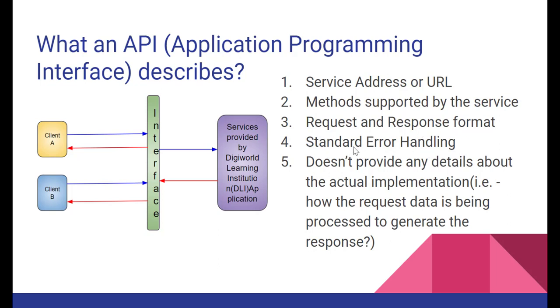So the fourth point is standard error handling. What is this standard error handling? We will see this during the demonstration. So basically, whenever we receive some request from the outside application or directly from a client, suppose the client has put the service URL in their browser, and they are trying to directly access our service. So in that case, they need to provide a valid request, right?